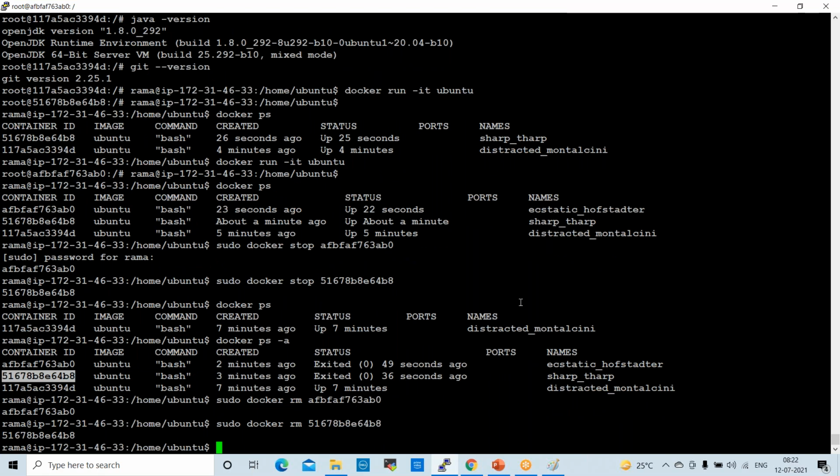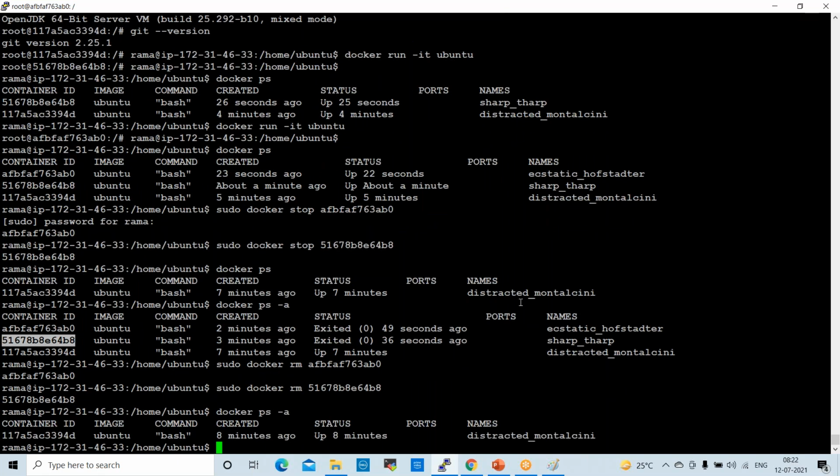Now if you check docker ps -a, only one container is there, which is in running state. So our Docker container is available here, right? If you type docker ps, the container is available.